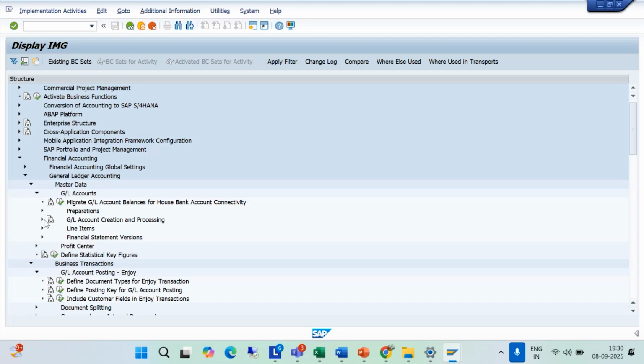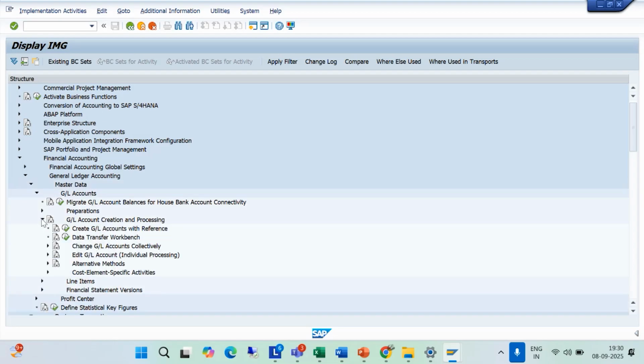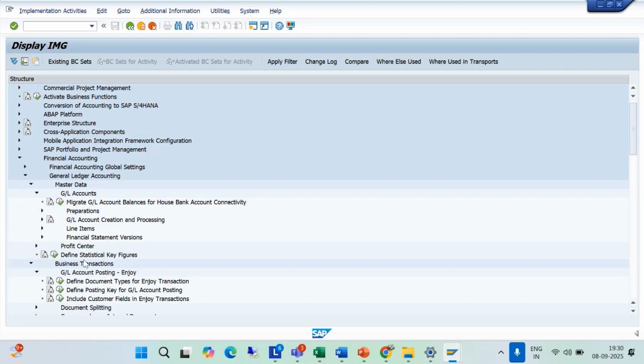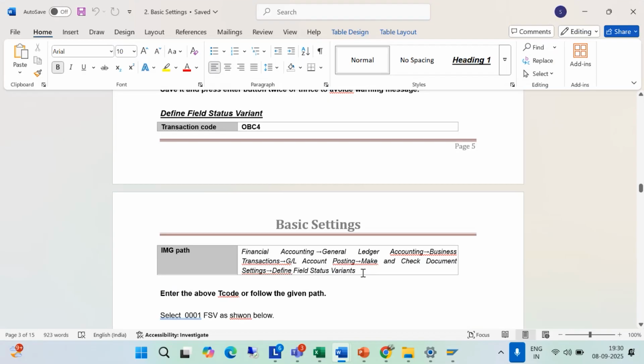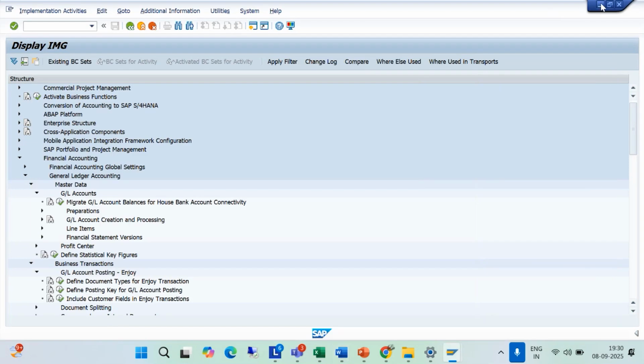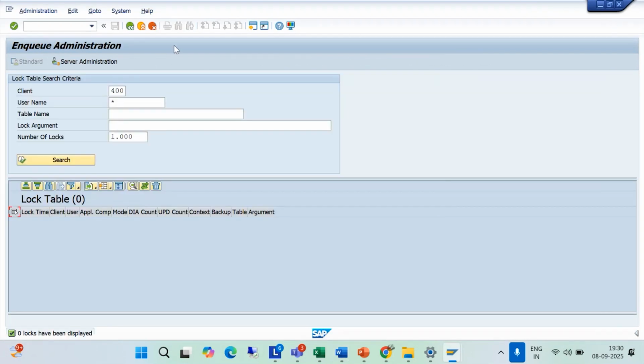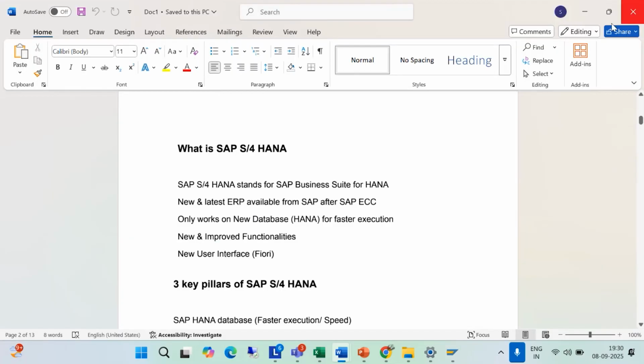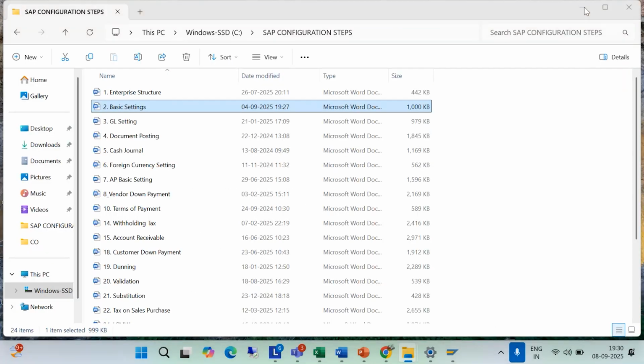One minute, please. Where do we have to go? OBC4, no? What mistake is there in the path? I will show you, one minute, please. Just let me close this. There is a bit of confusion in the path. So if you see here,